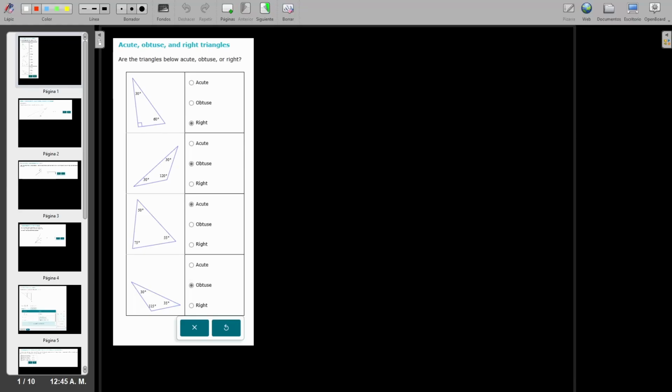Hello guys, now I'm going to be solving the homework 3. This is going to be all about triangles. So just be aware of this topic because it is a combination of the two topics before, angles and more angles. Now, the first problem is going to be for us to be identifying between